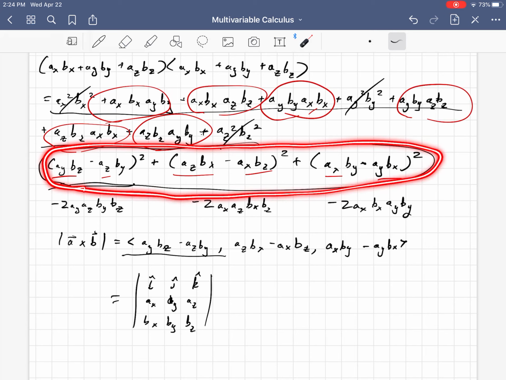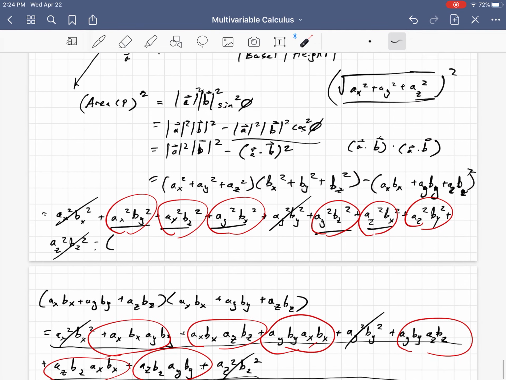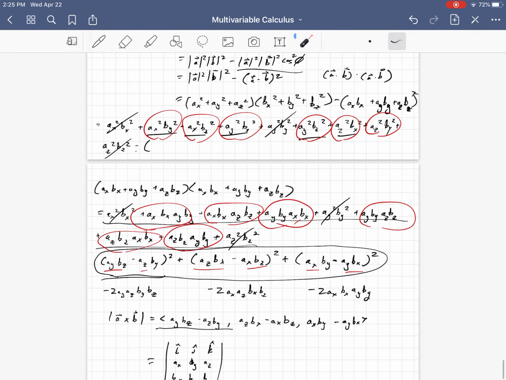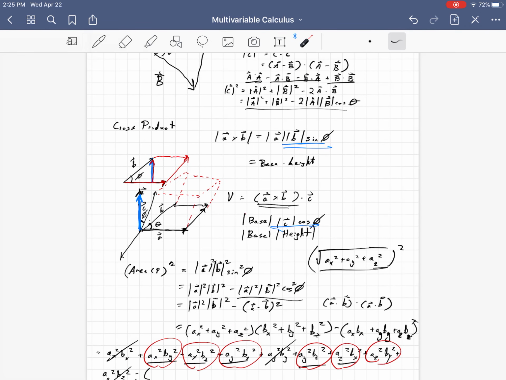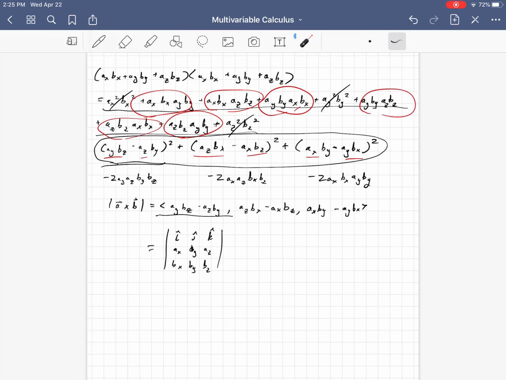Instead, it will make it much nicer to write and deal with. So since the area of the parallelogram squared was all of this stuff, then the area of the parallelogram itself would just be taking the square root of each one of those. So this is how you'll